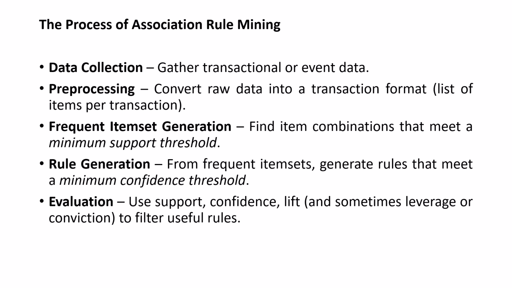That confidence value should be greater than or equal to the minimum confidence threshold value. The frequent item sets which satisfy the minimum confidence threshold value only will be taken as the